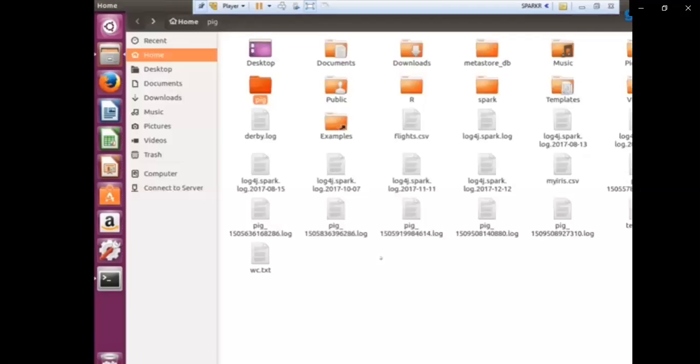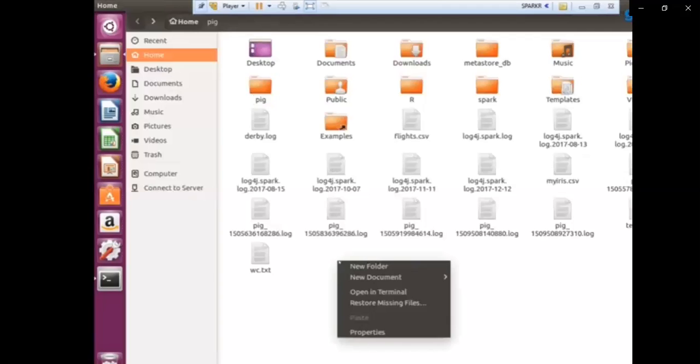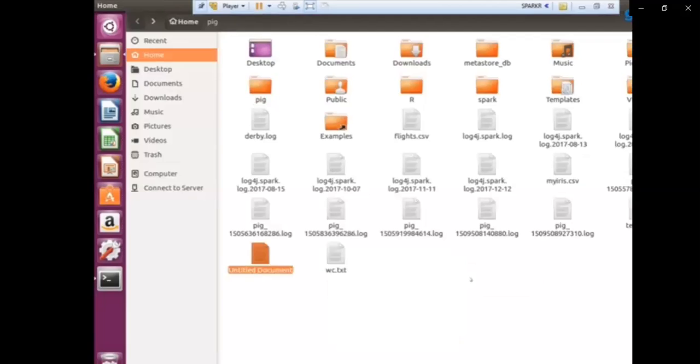Now we are trying to copy a file from the local file system to the Hadoop file system. We can use the put command. So firstly, let's create a folder.